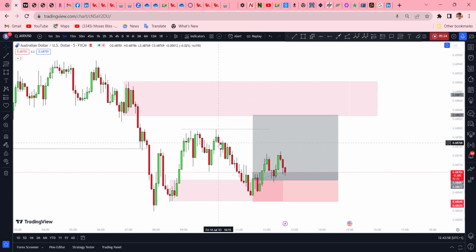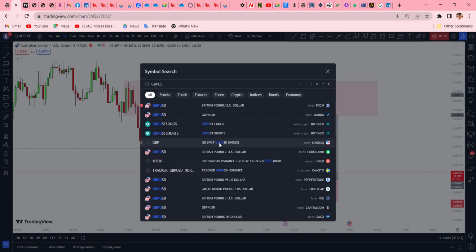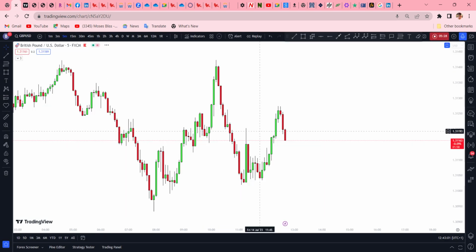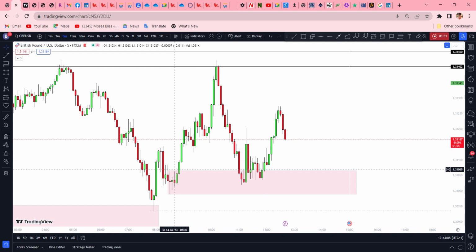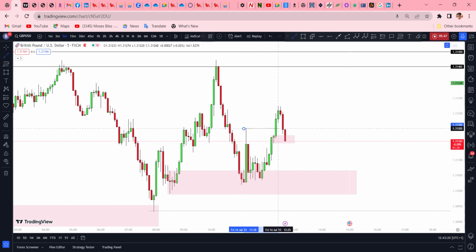The same with this GBP USD. Same with this. This was demand that entered off here. So now I think market is going to react off. This is a minor rally base rally, and let's see what this is. Just a lower time frame, might not really get respected, but this is it. My TP should be around here.